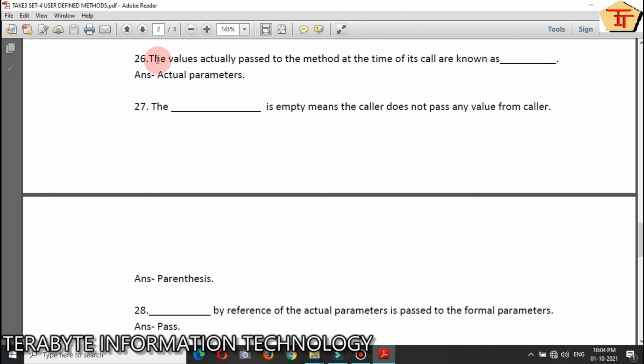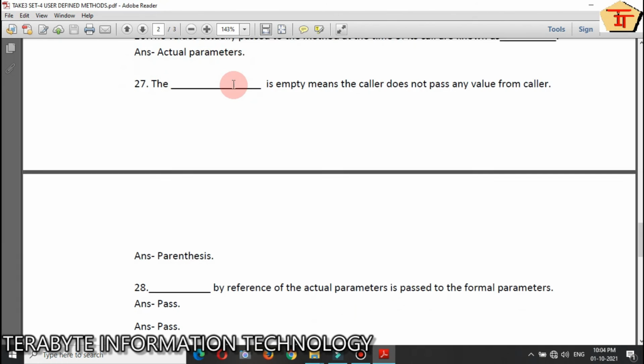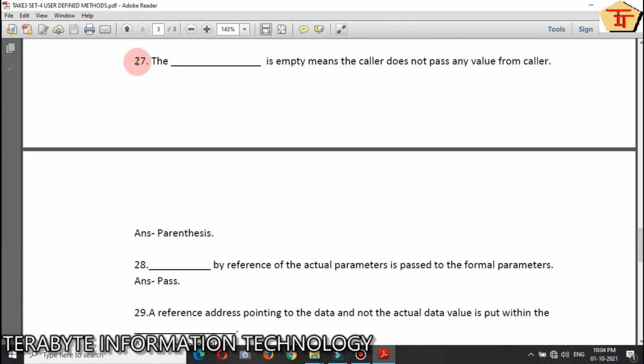Question number 26. The values actually passed to the method at the time of its call are known as dash. The answer is actual parameter. Question number 27. The dash is empty means the caller does not pass any value from callers. The answer is parenthesis.